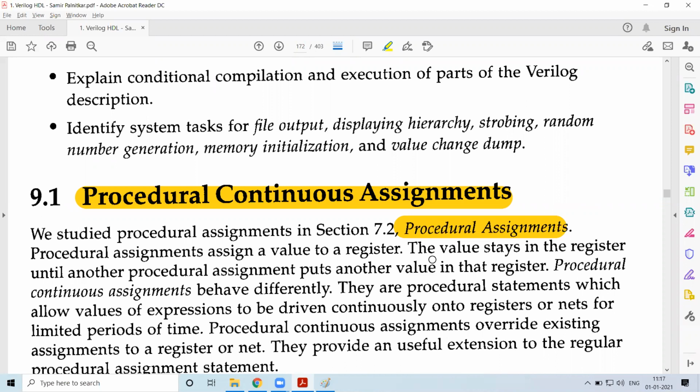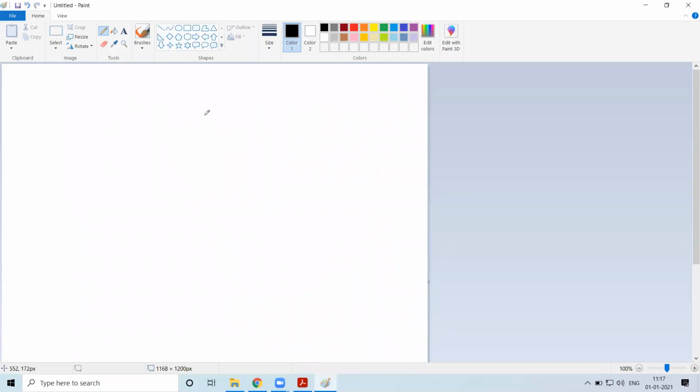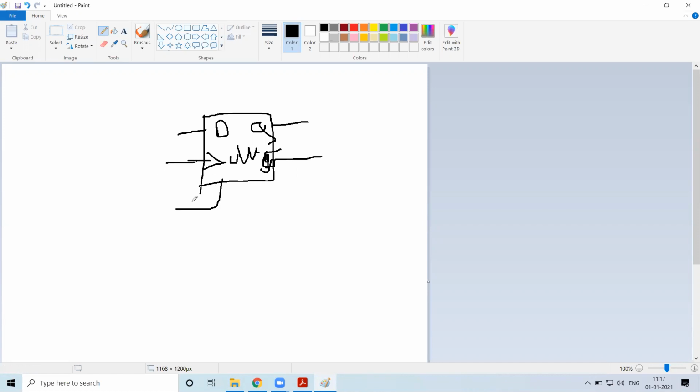Now here, before going to this, just one discussion we can have. You have seen your flip-flops, right? So it has an input, then it has a clock, and then there is a Q and Q bar. Along with that, for example, you have reset and set pins.